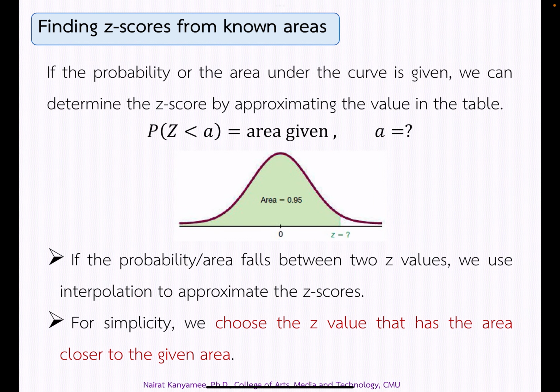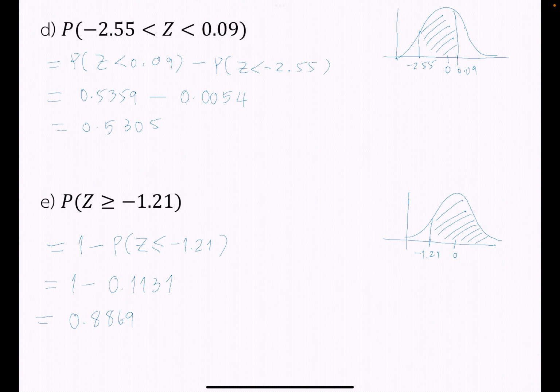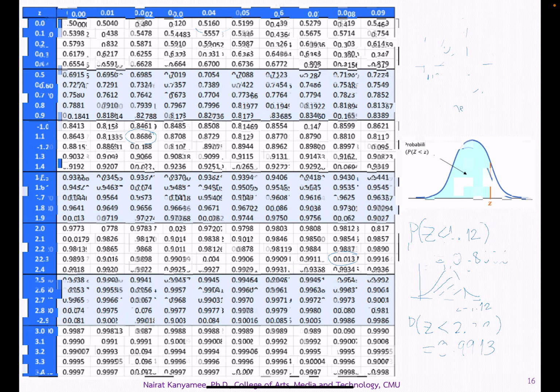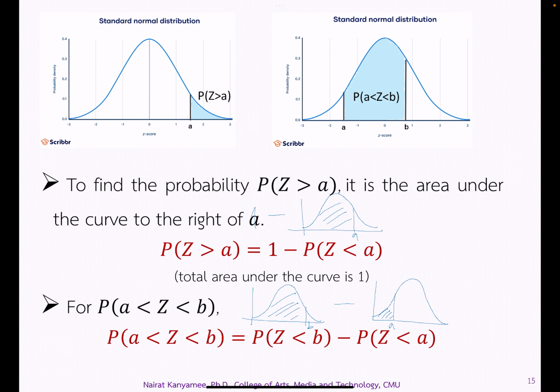Hello everyone. Let's continue on the next topic of chapter 3, the normal random variable, a normal distribution. The next topic is about finding the z-scores from the known area. Before this, we did finding the probability of the standard normal random variables. We did finding the probability, which is the area under the curve, and we use the table